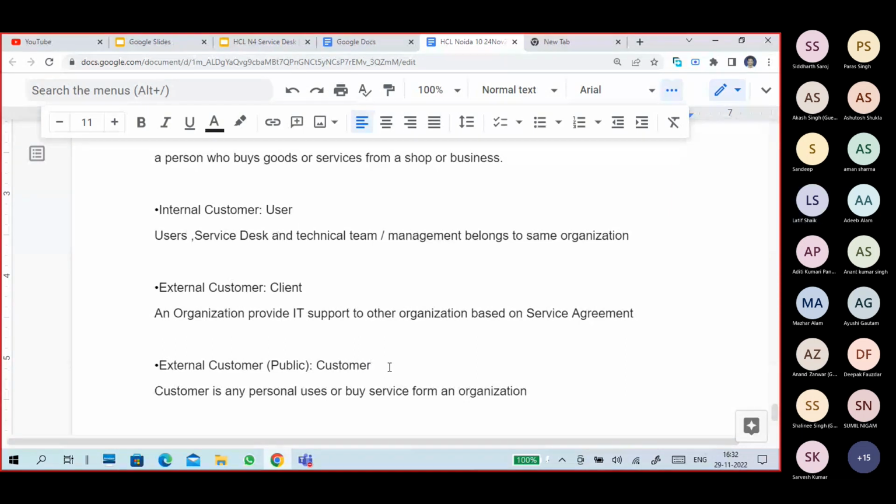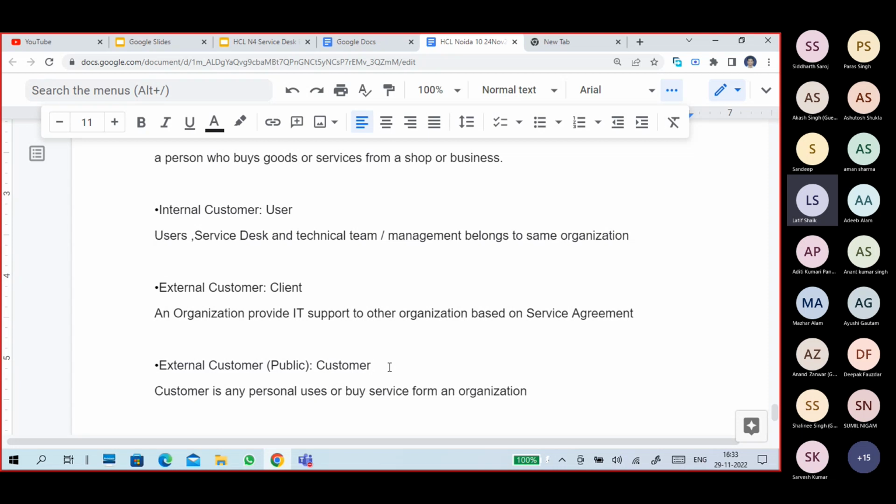There are actually no differences, but people use them to be more polite. People use client, like, oh, the client is waiting, instead of saying customer is waiting. It is a mindset, only the word.